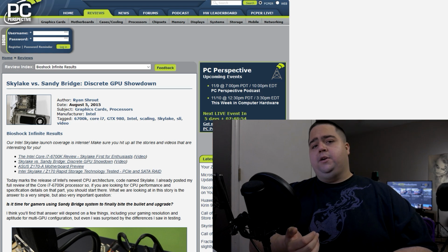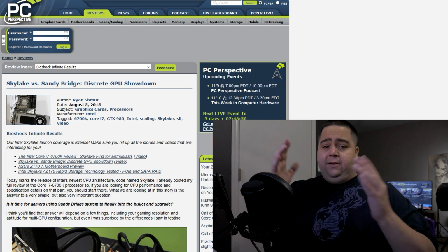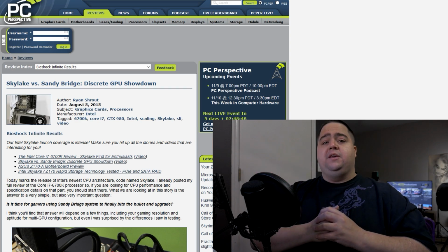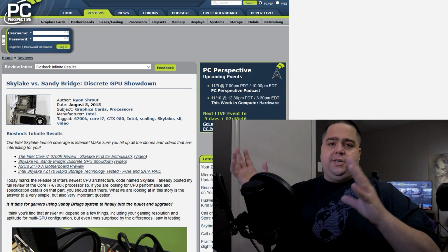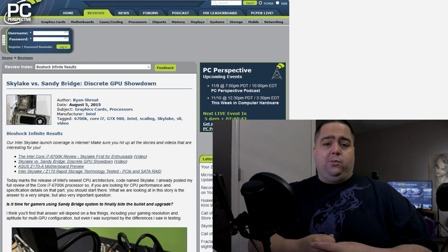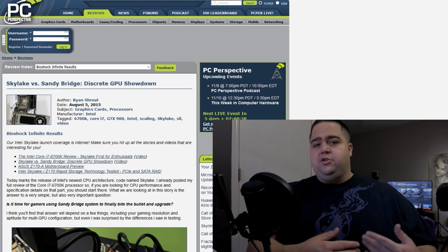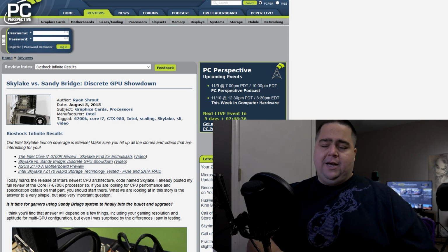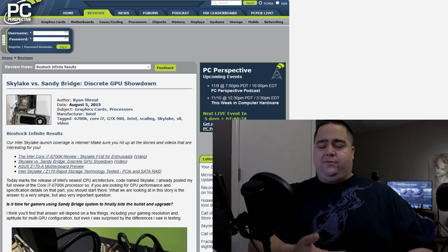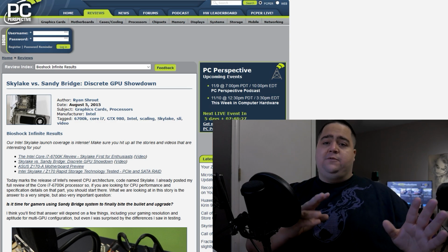If you want to refer to some information, PC Per actually did a really good article back when Skylake came out, testing it against Sandy Bridge and with GPUs, and showing all of the performance improvements that you could see going from that far back to the new ones, where in certain use cases it was worthwhile upgrading from the i5 2500K to the newer Skylake lineup of processors. But if you're on one of the newer ones like Devil's Canyon or something like that, it's really not going to be worth it to you to upgrade to Kaby Lake,